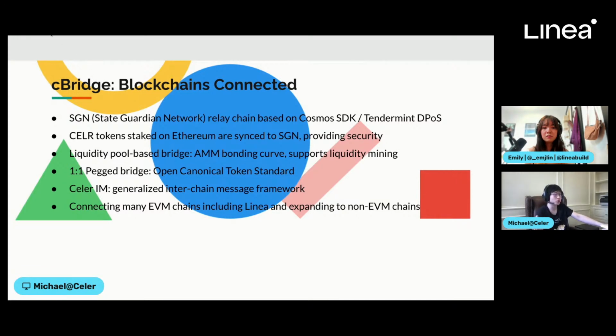So that is where the security comes from. And Emily mentioned how token bridging works. We do have two modes of operation for token bridging. The first one is what we call the liquidity-based bridge. For example, tokens with higher market cap, such as USDC, USDT, and Ether, are more often operated in the liquidity pool